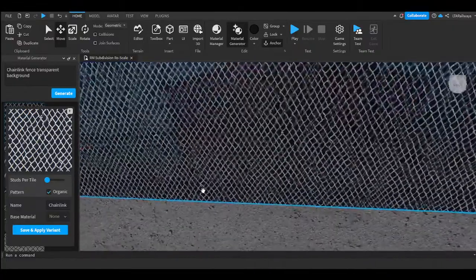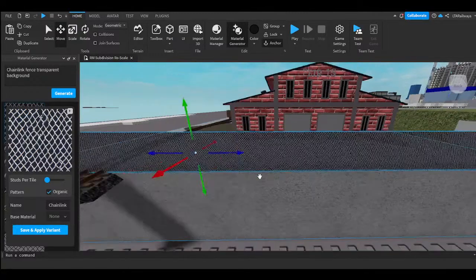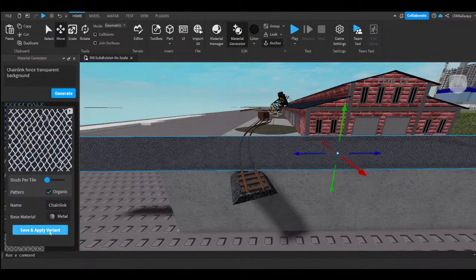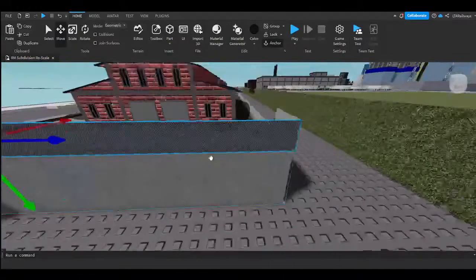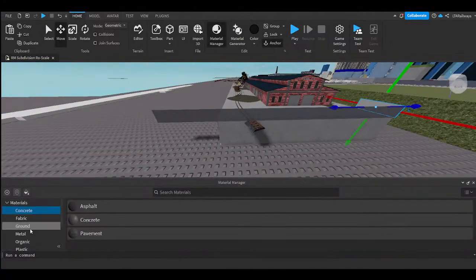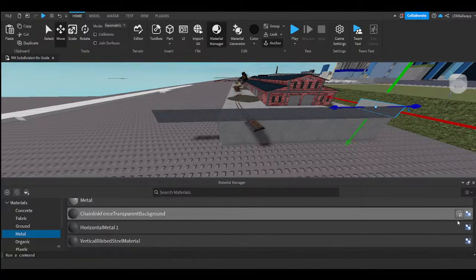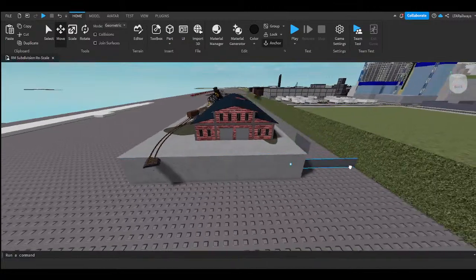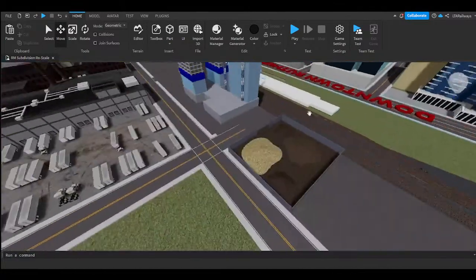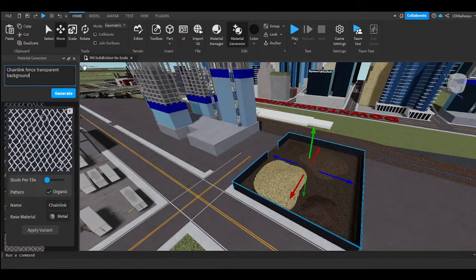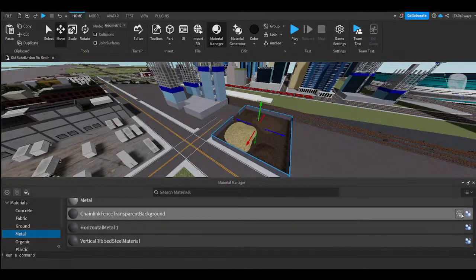I also usually turn the organic on because it does help, and then I just save that. Material manager should be under metal now. Should be able to find vertical and horizontal one, chain link fence, transparent background. Great. And actually, while we're here, material manager, Q,